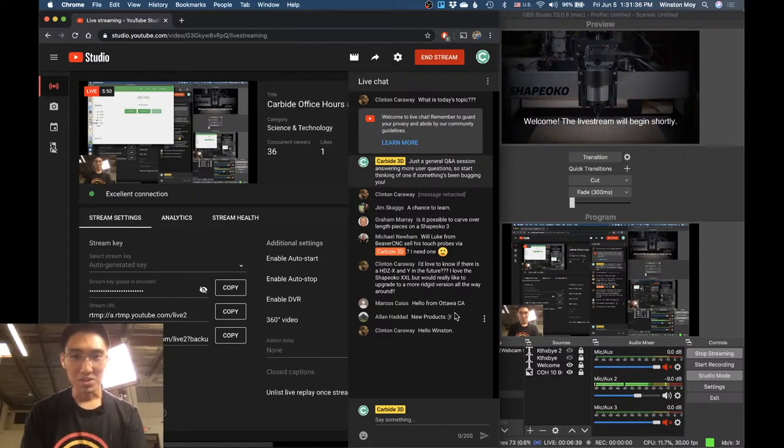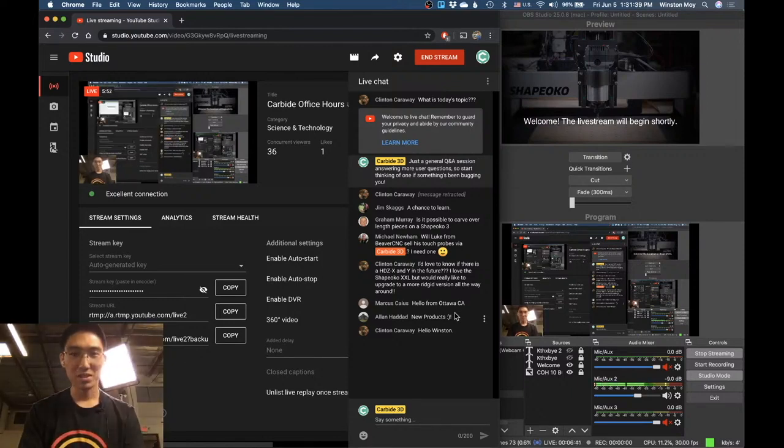Will Luke from Beaver CNC sell his touch probes via Carbide 3D? Well, we have a touch probe already, so that is what we sell. Is it possible to carve over-length pieces on a Shapeoko 3? Totally. The thing is, you need to learn how to partition